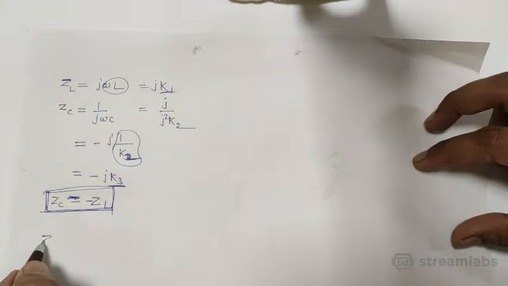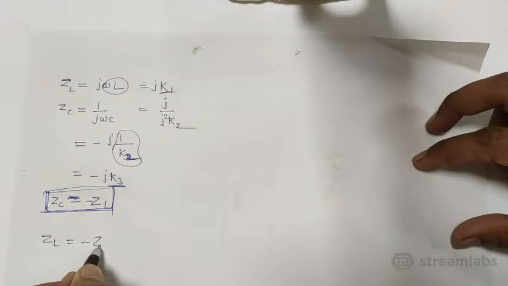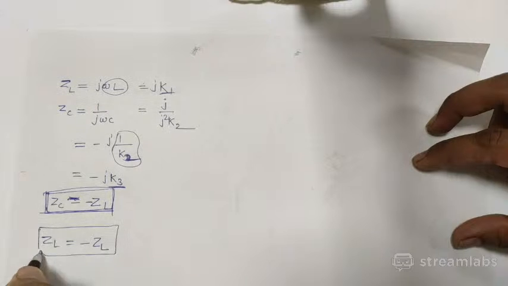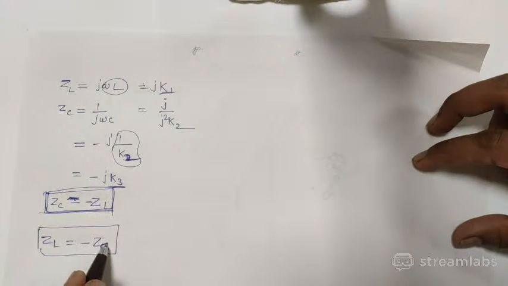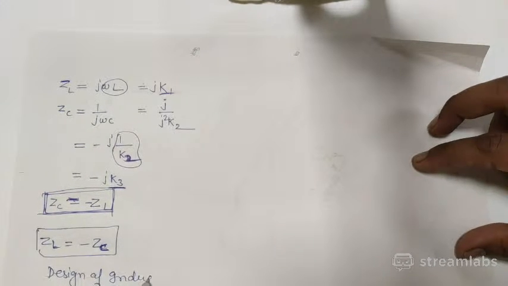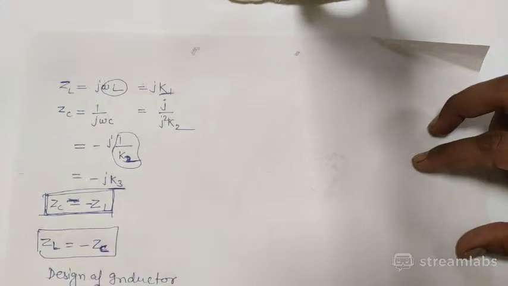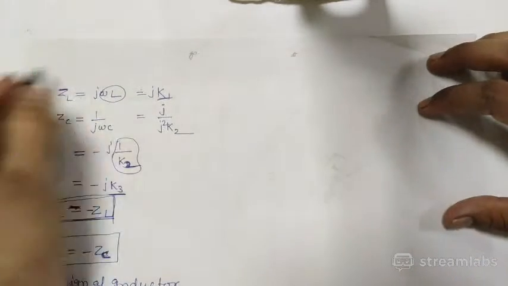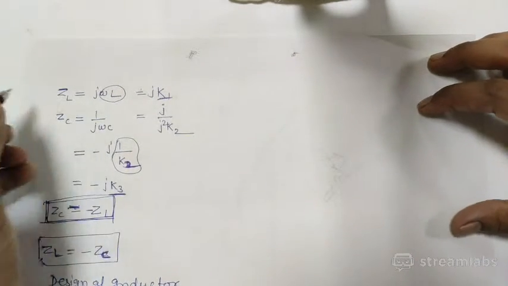This is a relation between the capacitive and inductive. So if I can make a capacitive impedance, then I can easily make an inductive impedance. So I can design an inductor. I think you may be able to understand this discussion that I am saying,